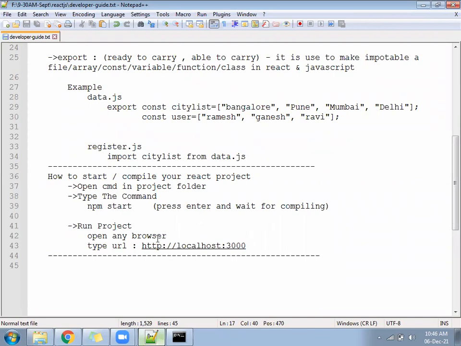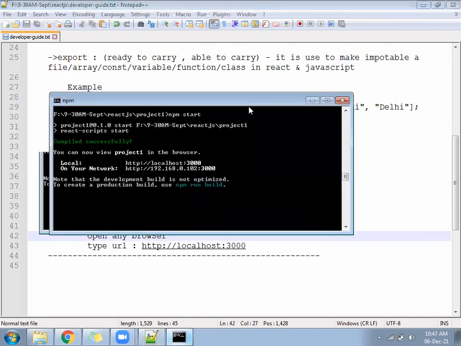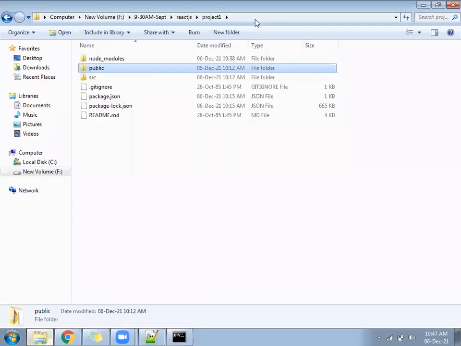Okay. Now we are going to enter into JSX. So CMD is running. If we stop this CMD, your project will get stopped. You cannot see anything in the browser. So this CMD is running. We should not touch this. Okay. Leave this as usual. Now come to your project folder again and open one more CMD.